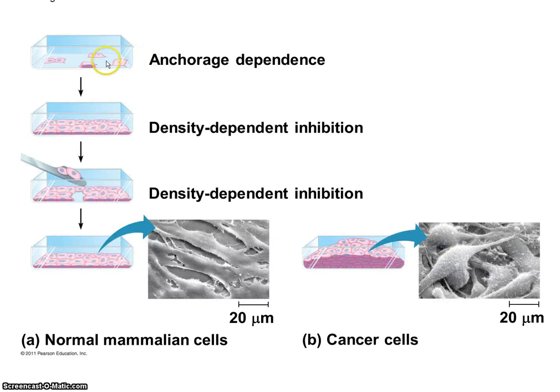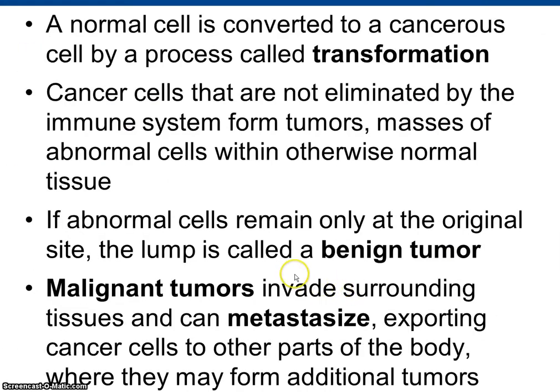This is showing an example. This is anchorage. The cells are anchored to this petri dish, and then what happens is once they get crowded, they're inhibited. If you take some cells out, then they will reproduce and refill that gap. That's sort of like when you get a cut and your cells are stimulated to divide to then form a scab. But what's going to happen in cancer cells, if you look on the right side here, is that there's some kind of a problem that the cell cycle is not shutting down. And so they just keep reproducing, and that's how you end up with what would be a tumor.